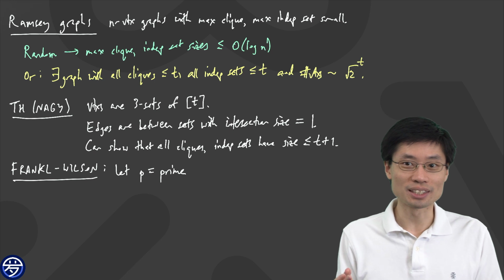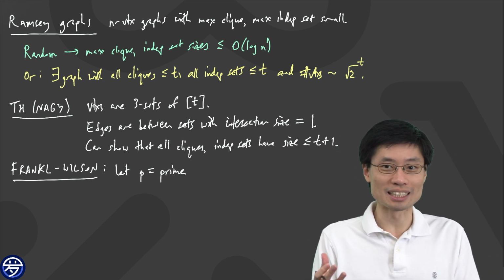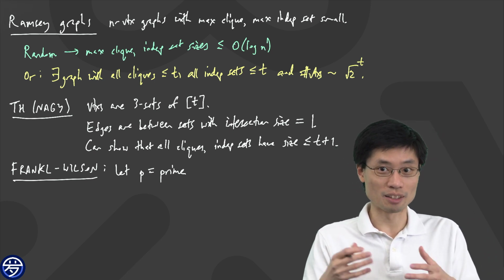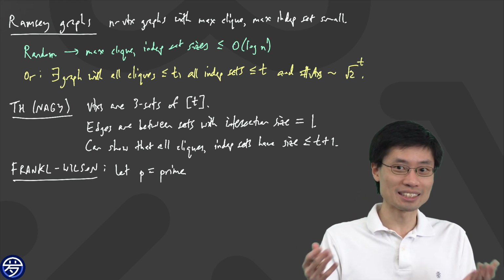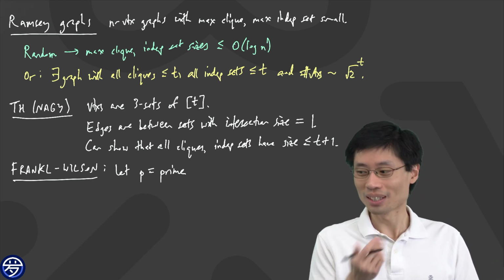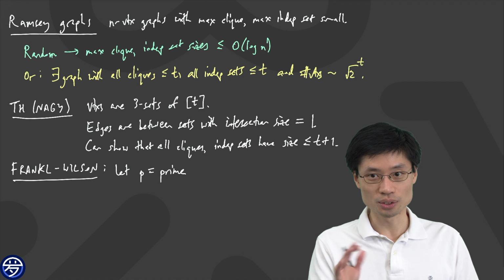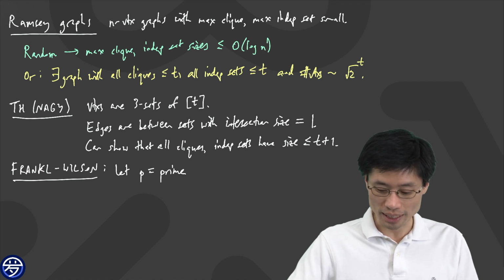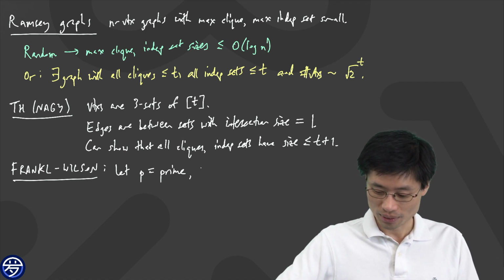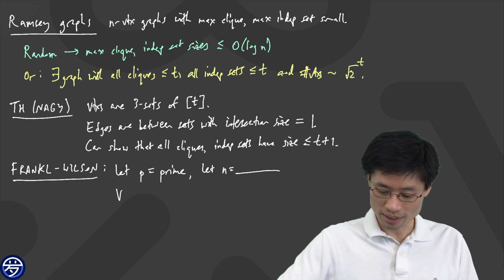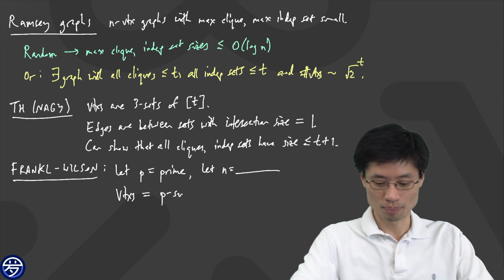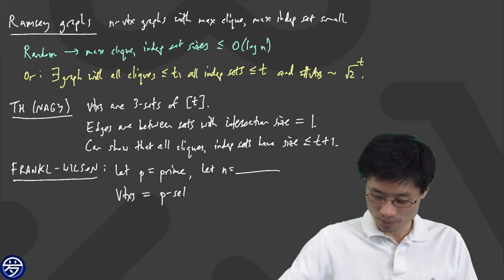And the goal here is that we're going to be talking about some subsets of, we'll be saying the vertices are some subsets of an n-set. So what should n be? Well, these are some choices. We'll have to choose some parameters. But let's decide the n later. So let n equal something. And what we'll do is the vertices are the p-element subsets, I'll call them p-sets, of [n].